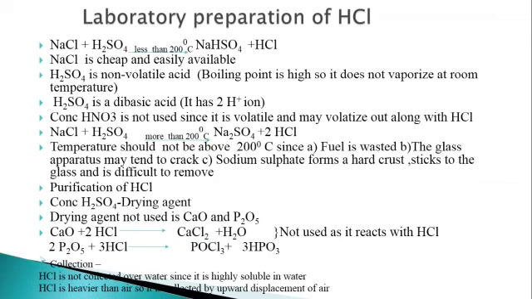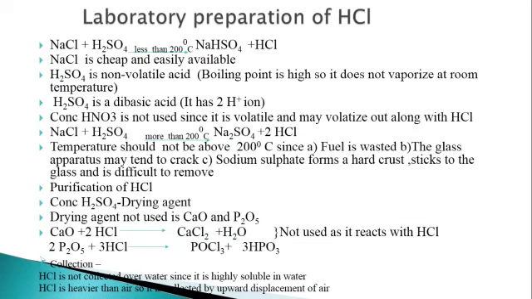Now why is sodium chloride used? Because it is cheap and easily available. Sulfuric acid is a non-volatile acid. Its boiling point is high and so it does not vaporize at room temperature. Secondly, sulfuric acid is a dibasic acid. It has 2H plus ions. Concentrated nitric acid is not used in this preparation because it is volatile and may volatilize out